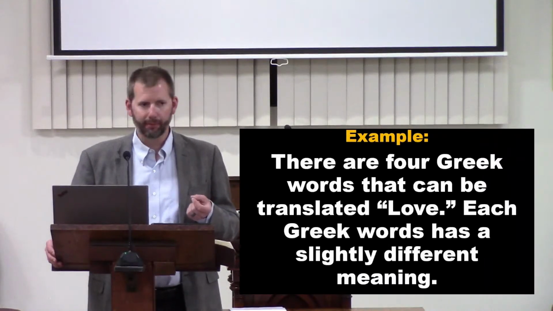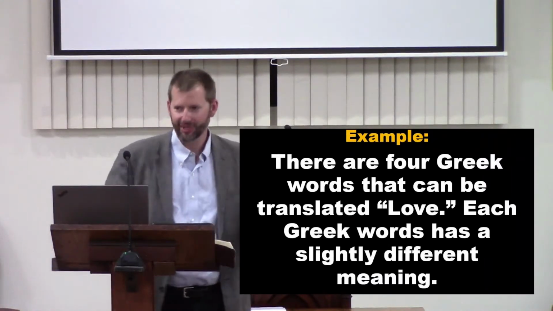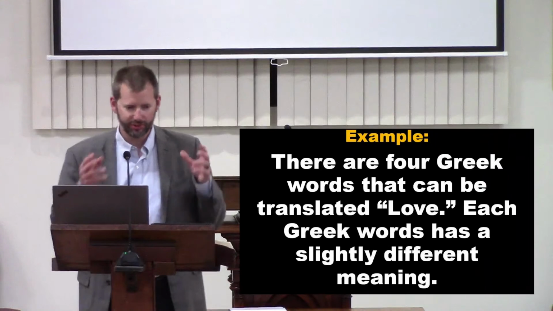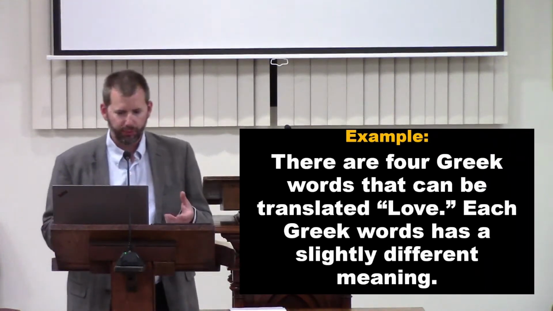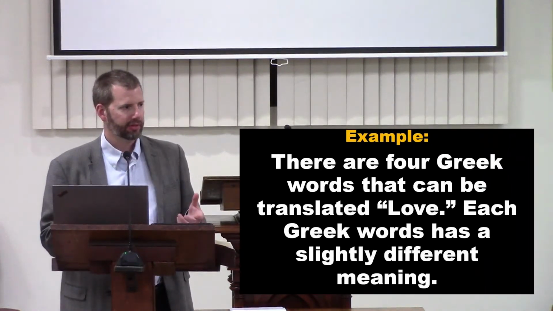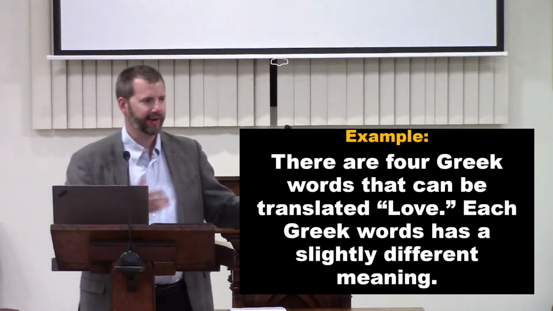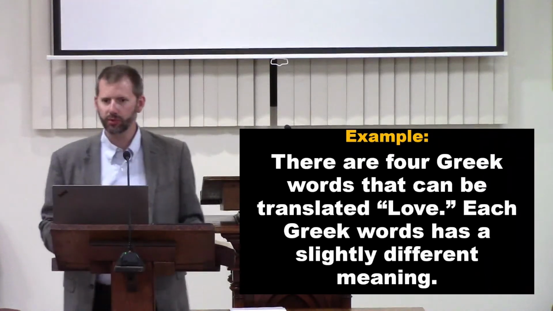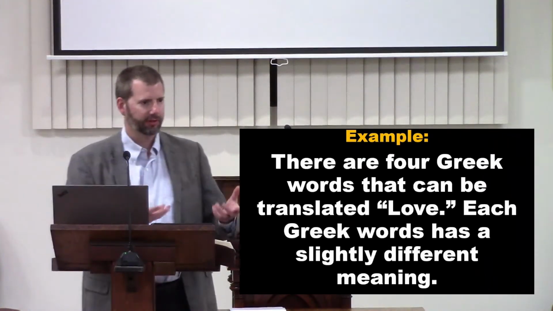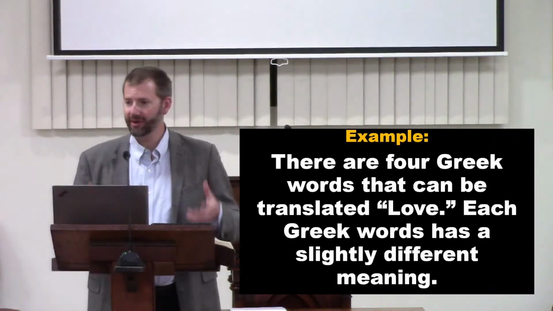That can cause a problem. Now, we've had lots of discussions on love here. We've talked about love extensively, which is appropriate. But we know there are different types of love. There's brotherly love. There's self-sacrificing love. There's sexual love. There's familial love. Each one carrying a very different connotation.